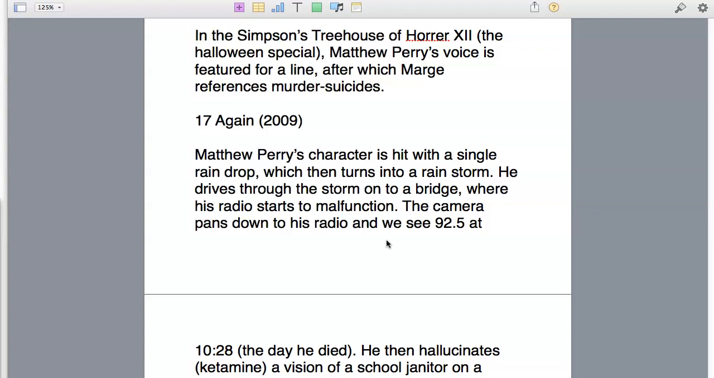In The Simpsons Treehouse of Horror 12, the Halloween special, which ties into the time in which Matthew Perry died, his voice is featured for a line in that episode, after which Marge references murder-suicides, very coincidentally. But as we know, not a lot of coincidences as it relates to The Simpsons, in terms of what transpires in the future after episodes air. Then we get to the real wild stuff, which is 17 Again, this 2009 movie that Matthew Perry was in